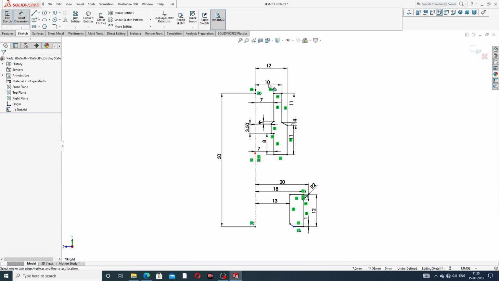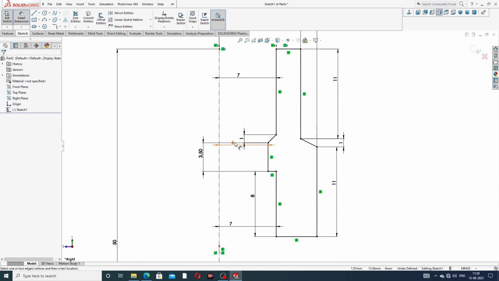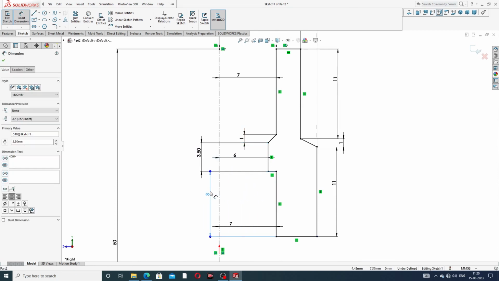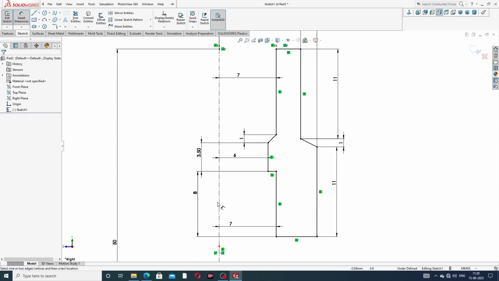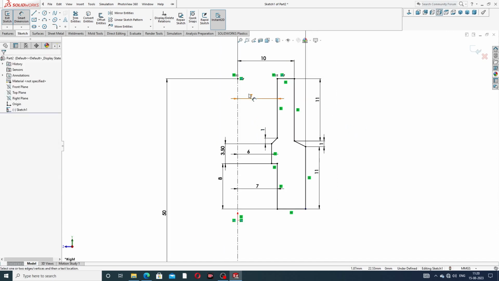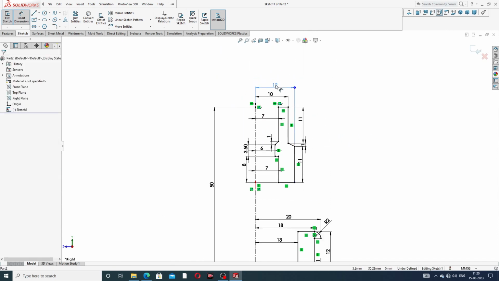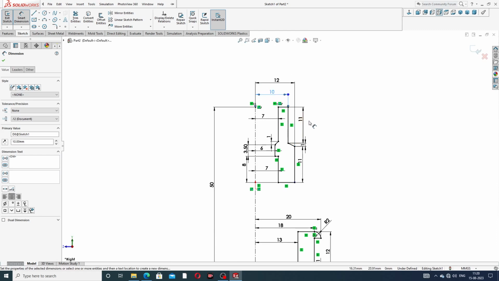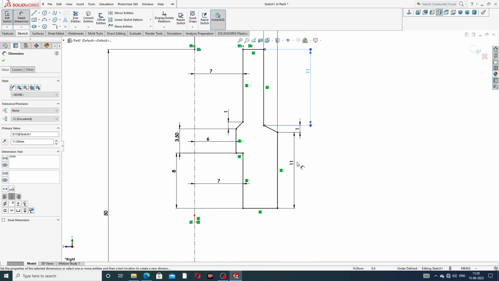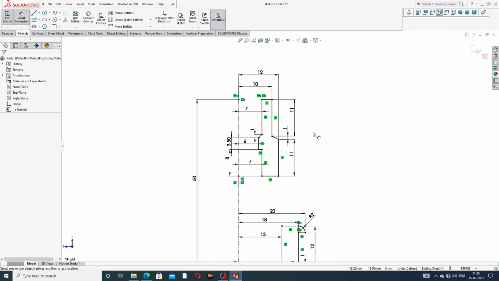Okay, all is perfect, and this is 7 millimeter and 1 millimeter. Okay, all is perfect and correct, and also this. Okay,